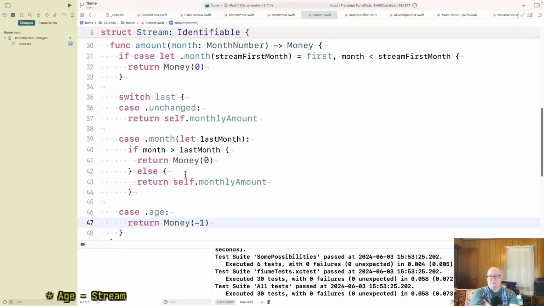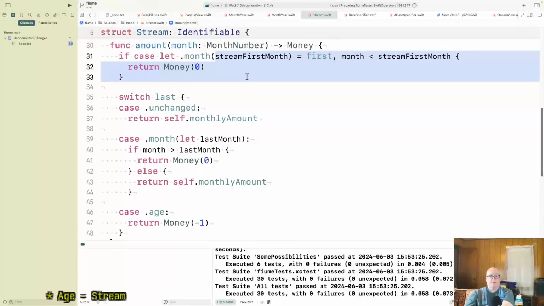Yeah, we're going to have to distinguish those. So, I mean, that's going to mean there's another case up here for the beginning and then another case for the end. And this is sort of an early exit if we know the month we're asking for is before the first month. Okay, so, all right. But I think we need to know, do we need to know? Yeah, we need to know the real month here, right? Because if we want to know, is the person 67 in month 17? We don't know that unless we know what month we started at.